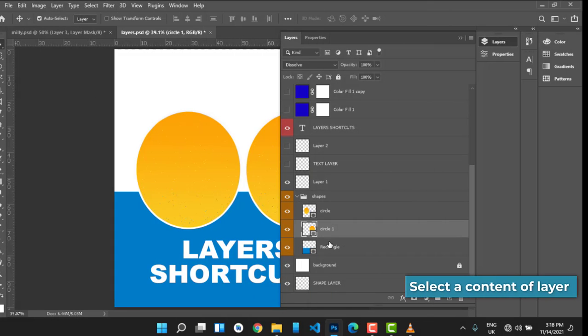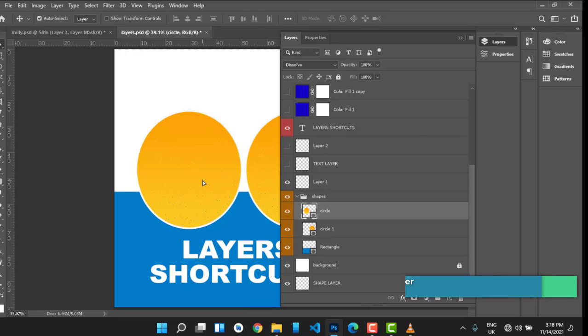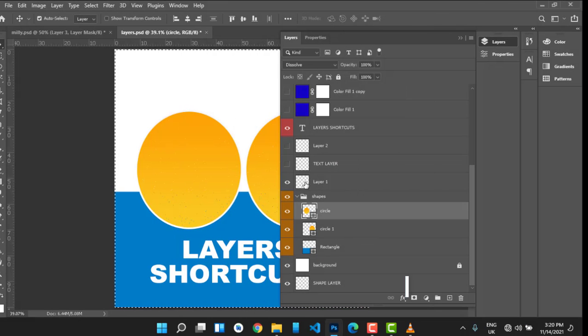If you want to select the content of a layer, hold the Ctrl key and then click inside the thumbnail. This will select the content of that layer. Okay. Now if you want to group layers,